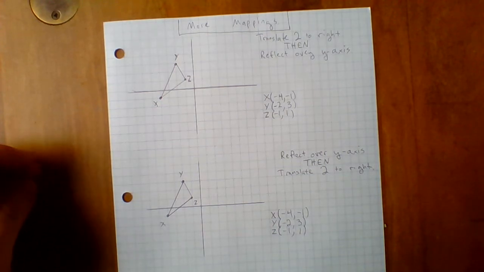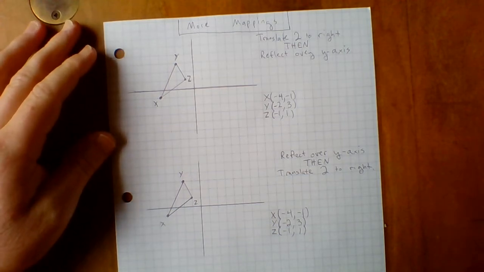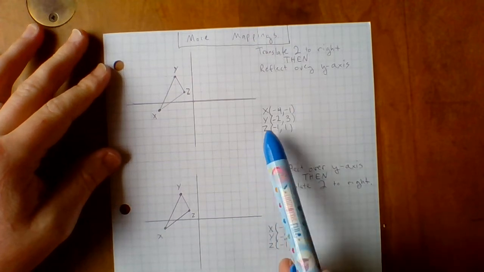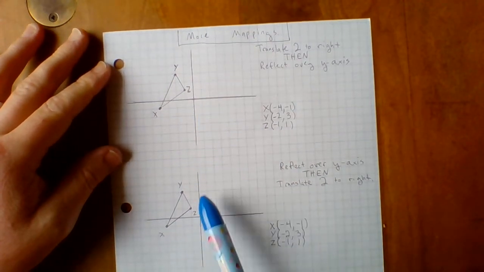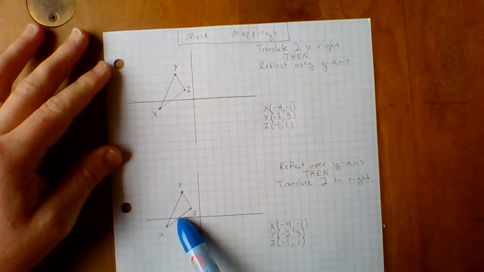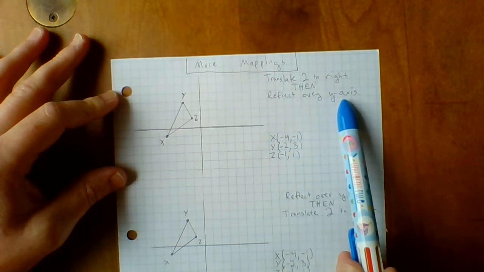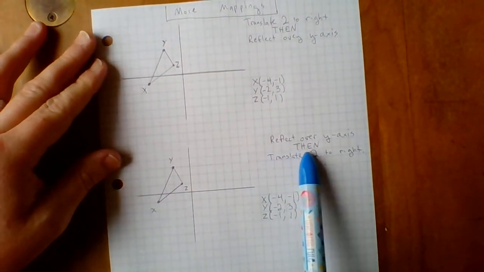Hello. I realized that yesterday's lesson was maybe a little much to pack into one video, so I'm going to go over mapping two things a little bit more in depth. I'm going to look at the same exact problem, the same exact triangle XYZ, with the same points. In the first one, I'm going to translate it to the right and then reflect it over the y-axis. I'm going to do the same things in the second one, only in the opposite